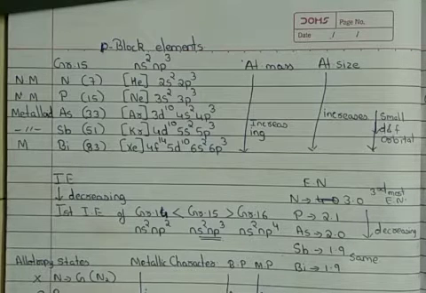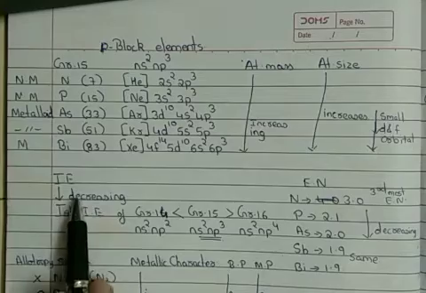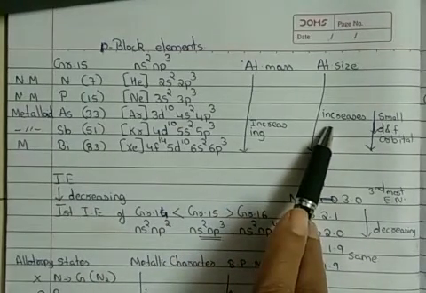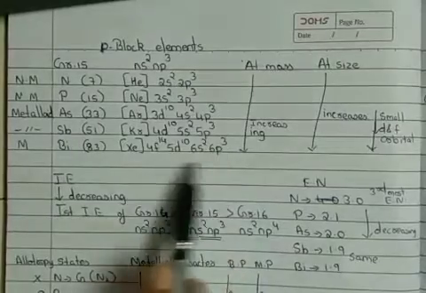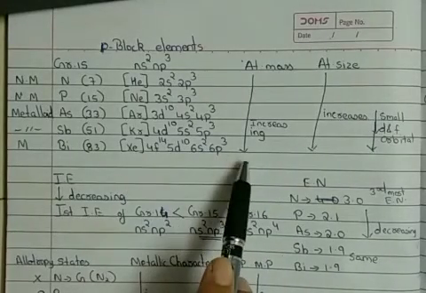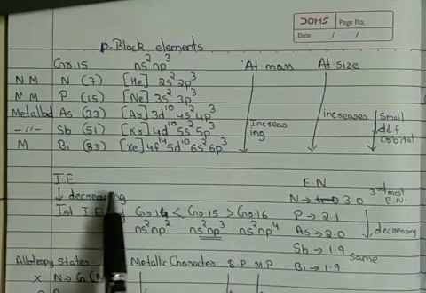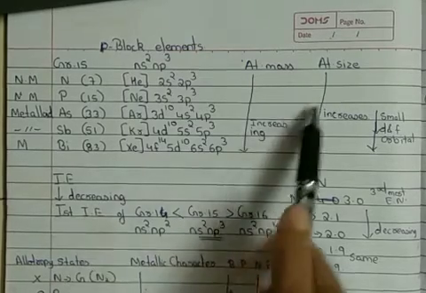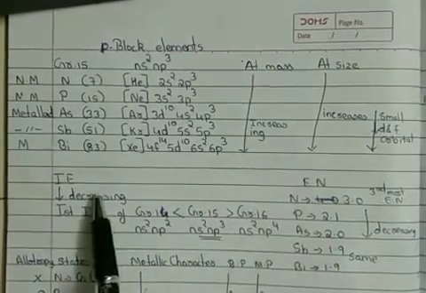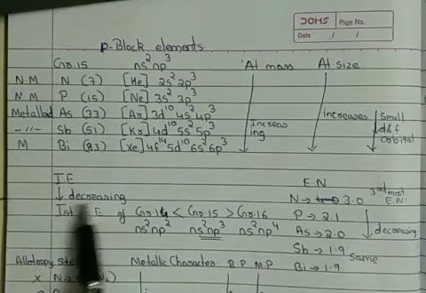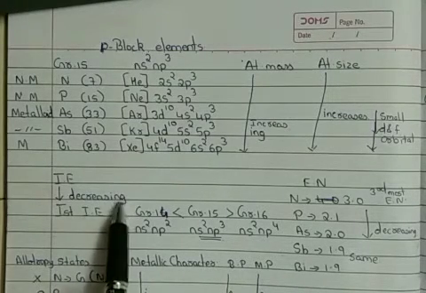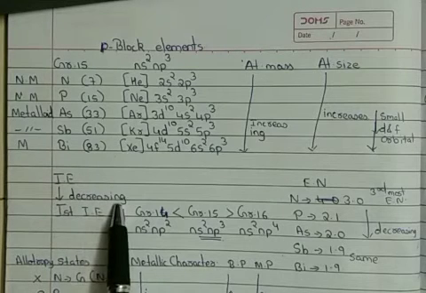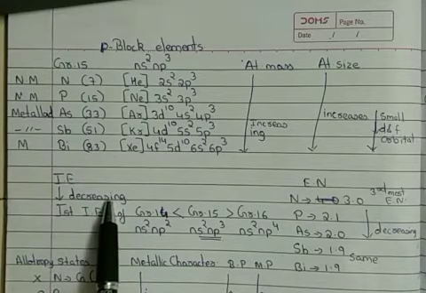neutral gaseous atom. Means, as the atomic size goes on increasing, the outer electron's attraction with the nucleus will go on decreasing, and if the attraction between the two is less, the energy required to break that will definitely be less, and thus with the increase in atomic size, ionization enthalpy down the group goes on decreasing. So down the group of 15 elements, the ionization enthalpy goes on decreasing. That is the first thing.